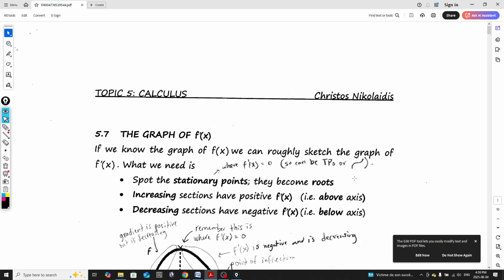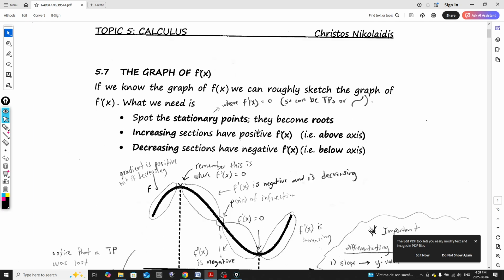So I thought I'd make this video to go over the last two lessons that we're going to be covering in the calculus content in Première. Those last two lessons are 5.7, so the graph of f prime of x, and 5.8, which is optimization. Okay. Now, jumping right into this first lesson, the graph of f prime of x,